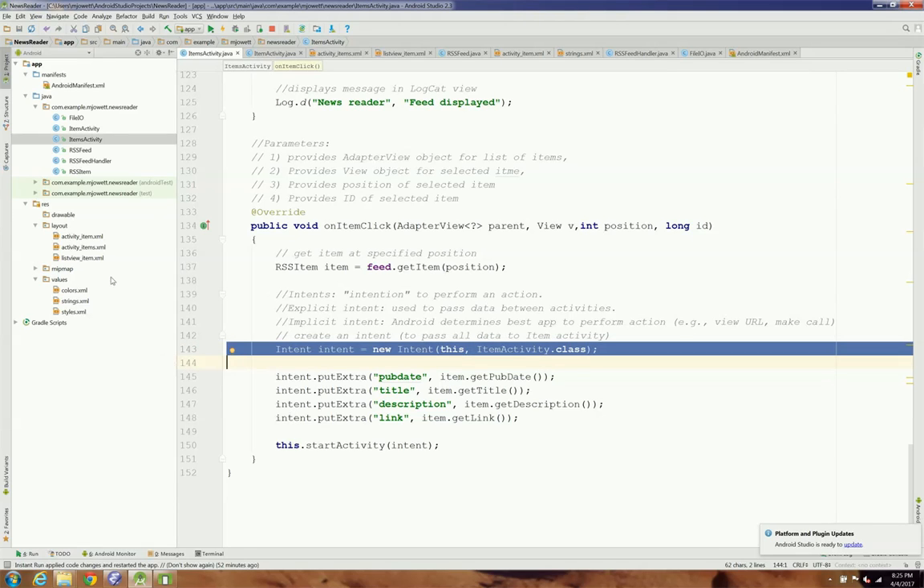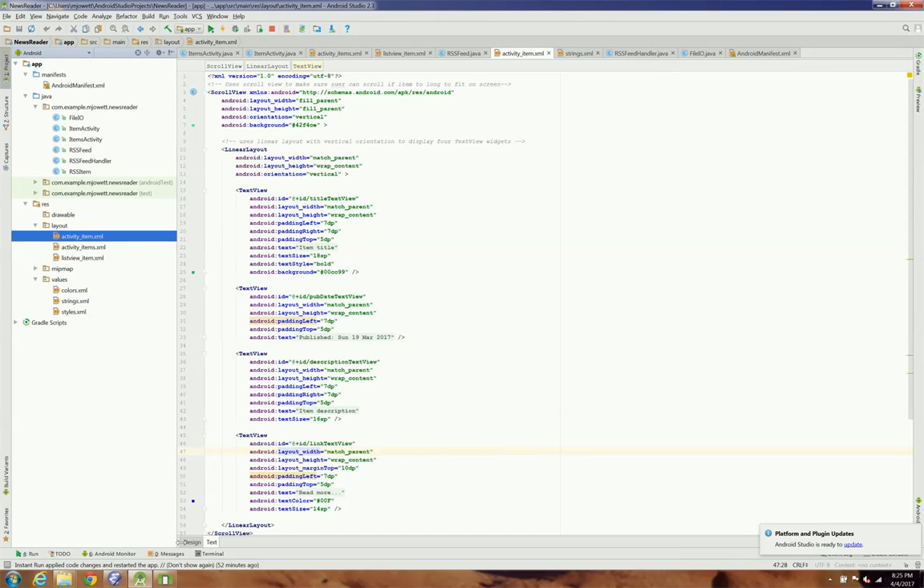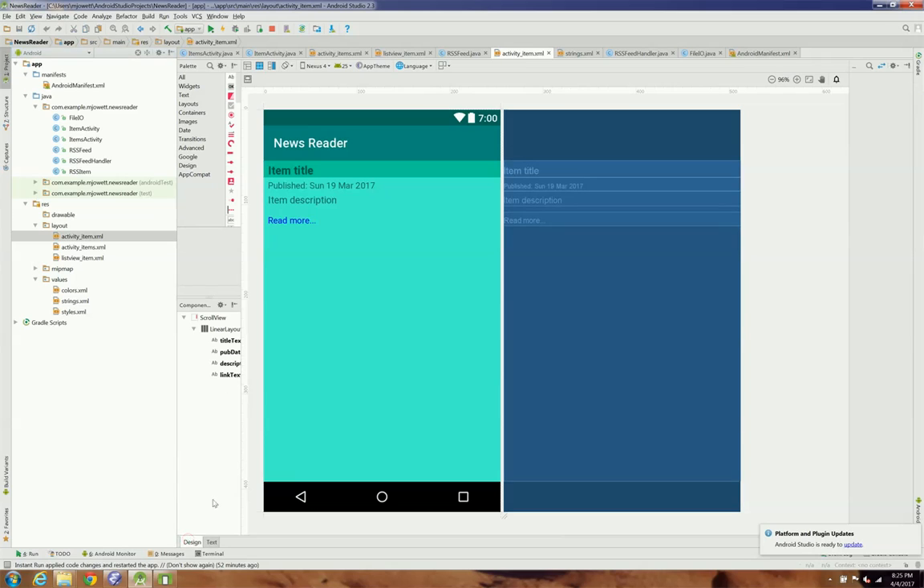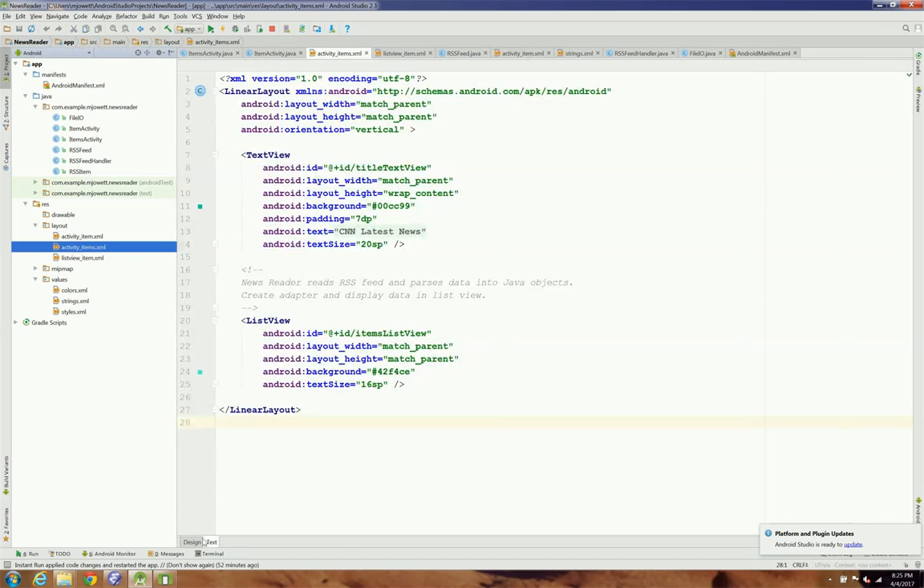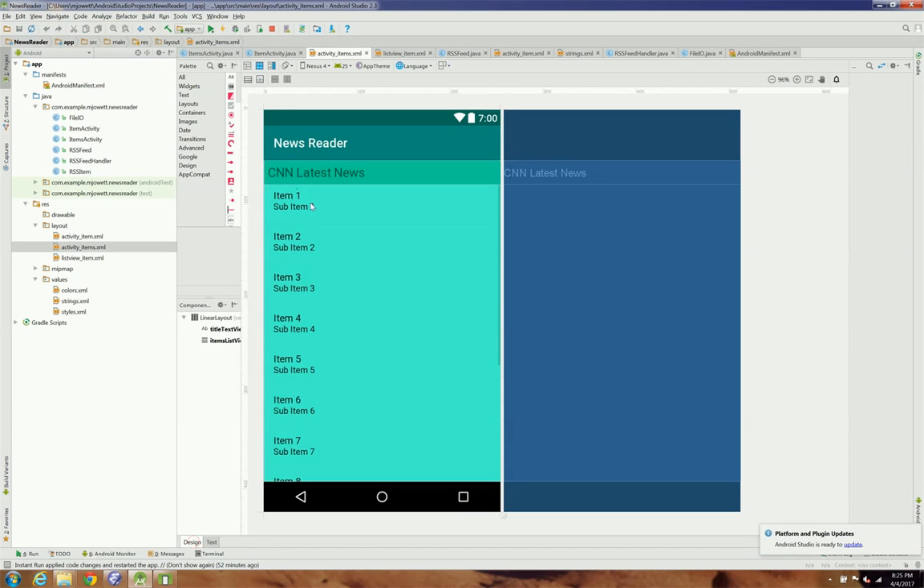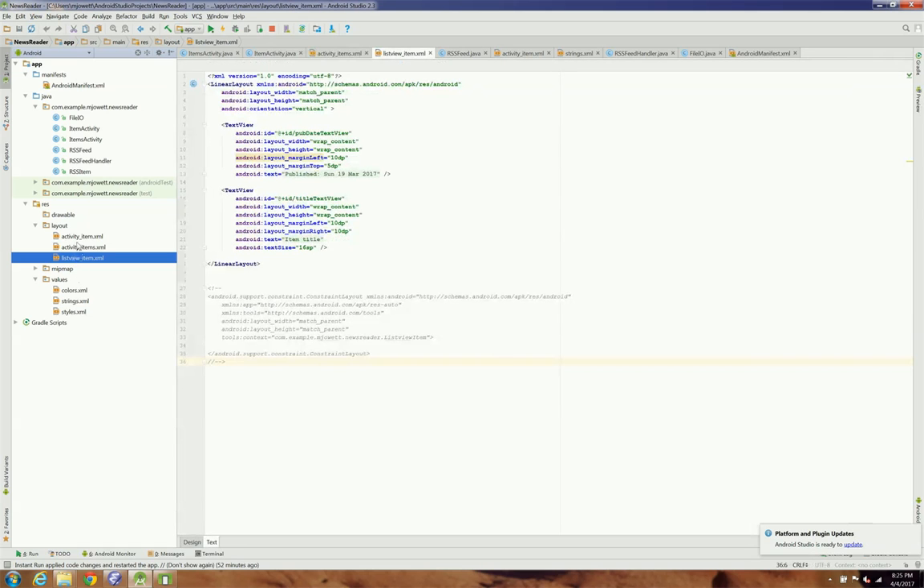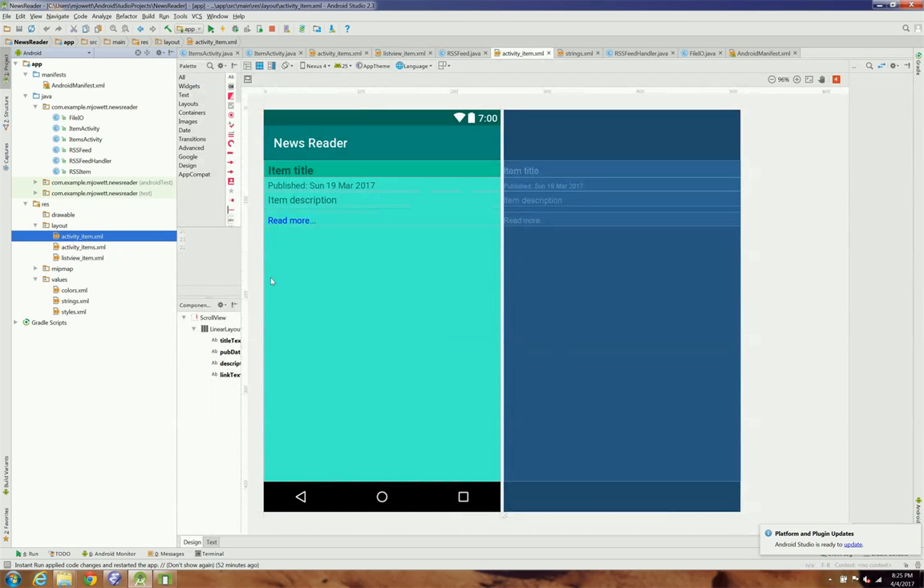And what that'll do, we'll take up next, is pass it to this XML file, which in design view looks like this. So the initial one, items activity or activity items, has the listing of items. We click on that, and the next thing we do is it passes whatever values for that particular item to the activity item, and that's where we see more detail of that particular item that's coming from the